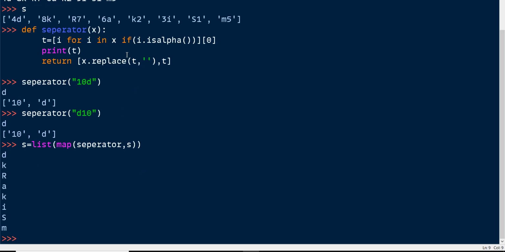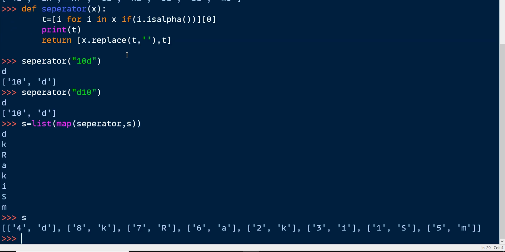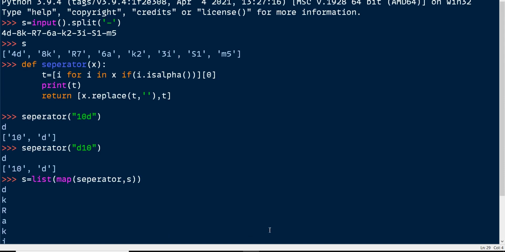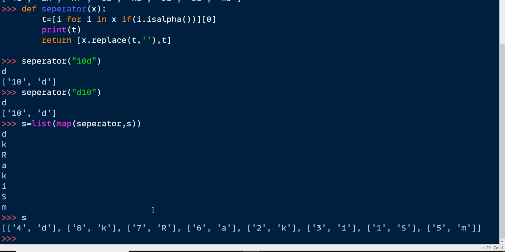Oops, I have to mention, remove this print just after this, or we won't get anything. The values inside s are 4d, 8k, 7r, 6a, 2k, all the values we mentioned, and those values are separated in a separate list. This is a nested list this time, but we need only the character with respect to the position, right? So I'm printing those values in a sorted form, sorted of